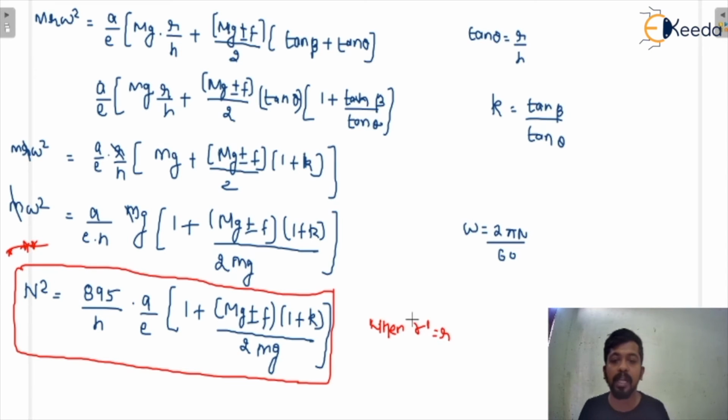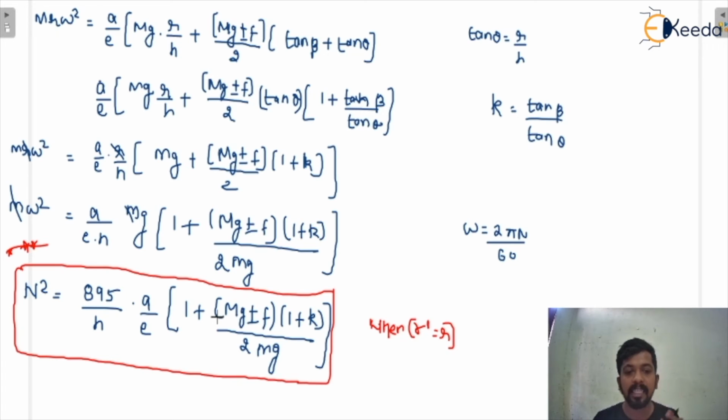And it happens when the extension of the lower link is parallel to the axis of the spindle, then r dash will be equal to r. So what is the difference? If you see the difference between the formula of the Proell and the Porter governor, when r dash is equal to r, the difference is that in that equation only additionally a by e is going to be multiplied. This term is going to be multiplied. The remaining equation is the same as that of the Porter governor.